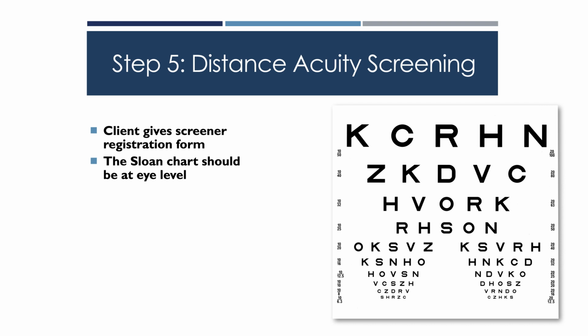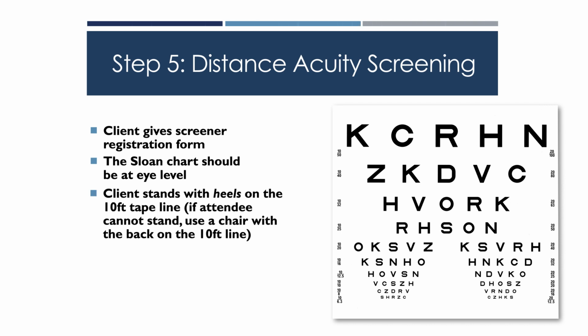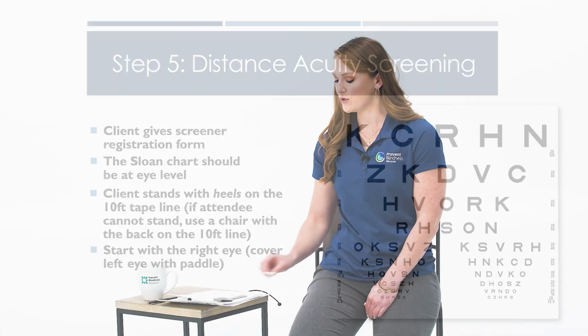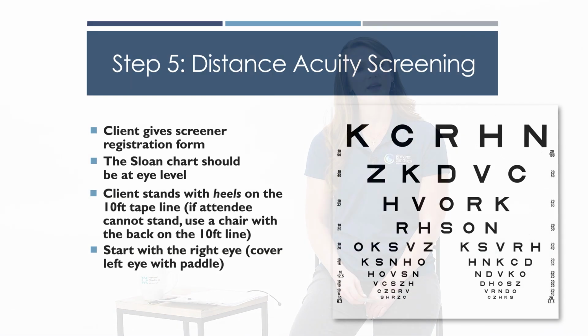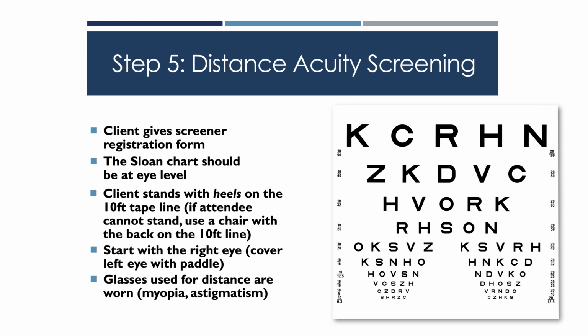From the wall, we're going to measure 10 feet out. At that 10-foot marker, we're going to put a strip of masking tape down. You're going to instruct the client to stand with the heels of their feet on the 10-foot line. We're going to test the right eye first and then proceed to the left eye. We will be using the occluder paddle we used in the near acuity screening. Again, if an adult has prescription lenses, bifocals to see far away,